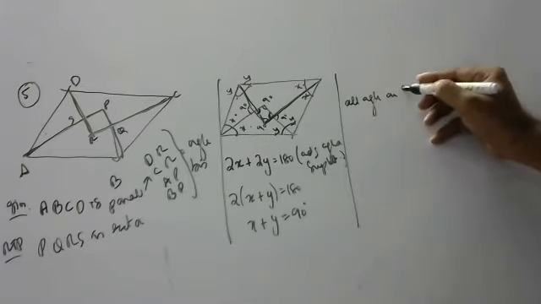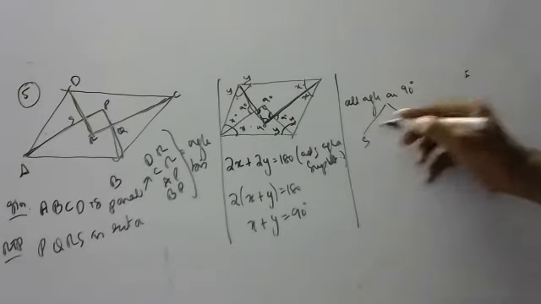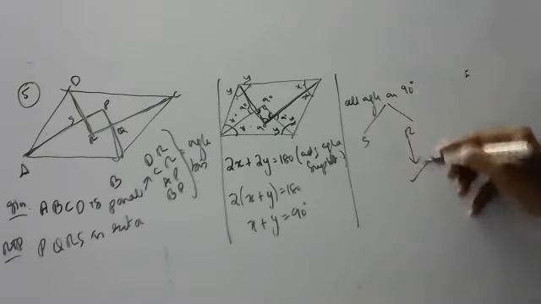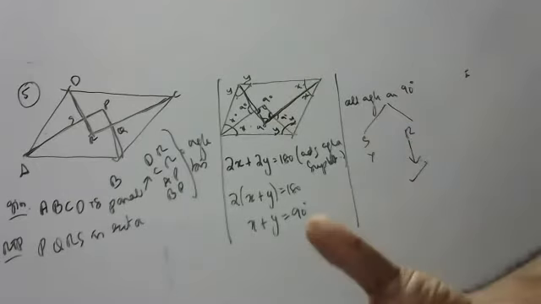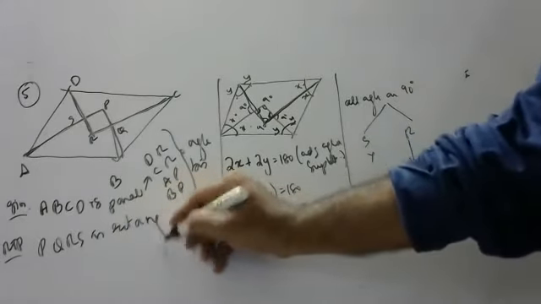All angles are 90 degrees means it can be a square or it can be a rectangle. But rectangle is okay; for a square, again all sides must be equal. He didn't ask that. He wants a rectangle. We proved it. Hence proved.